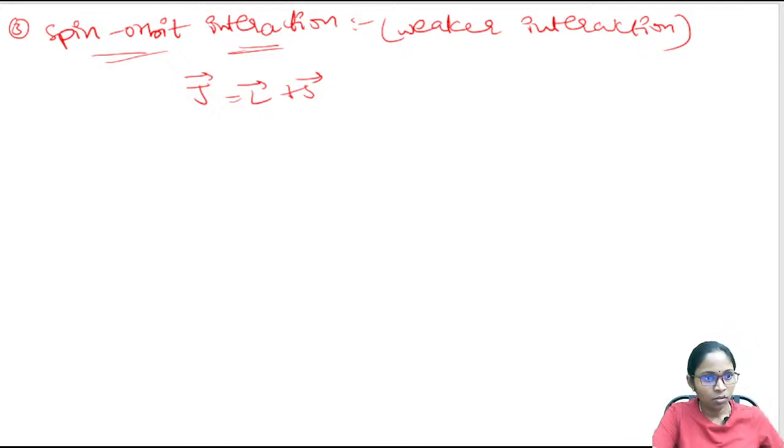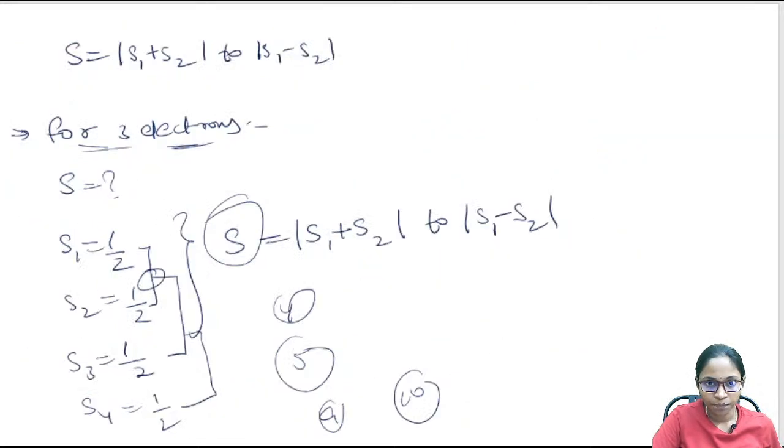So for spin orbit interaction, this is a weaker interaction. For LS coupling, spin orbit interaction is a weaker interaction. So why is it weaker? Why? Just because